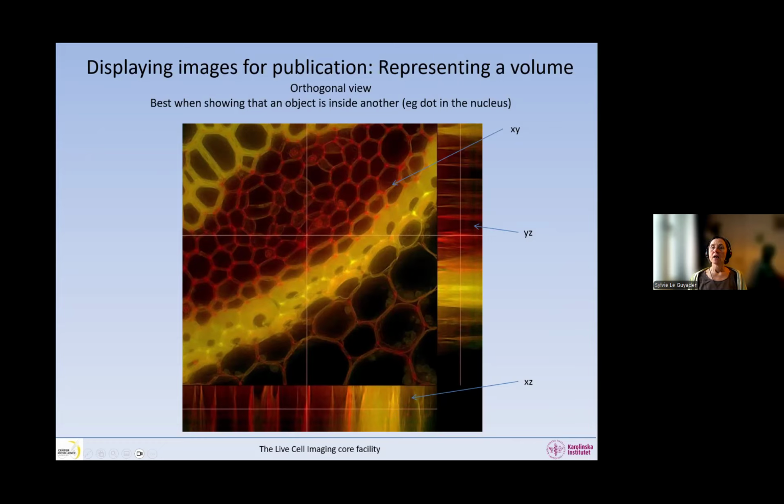On the side here, we have a YZ projection and here an XZ projection. So what we're seeing here is the side. Let's say you're looking at your Z stack from the side, either the X or the Y sides. And there we can see, of course, the elongation due to the refractive index mismatch. So everything is elongated in this Z stack, but the XY information is anyway nice and clear